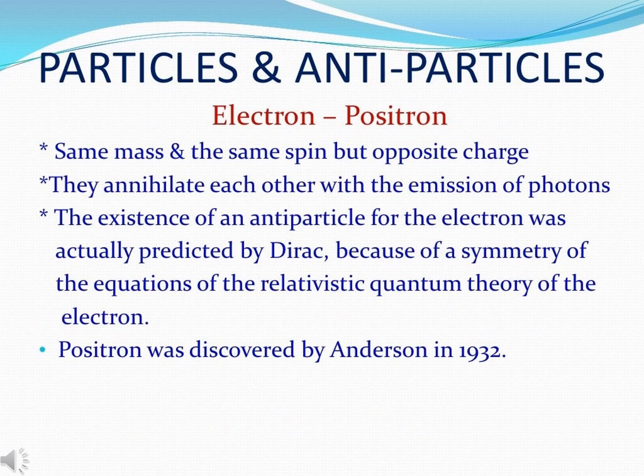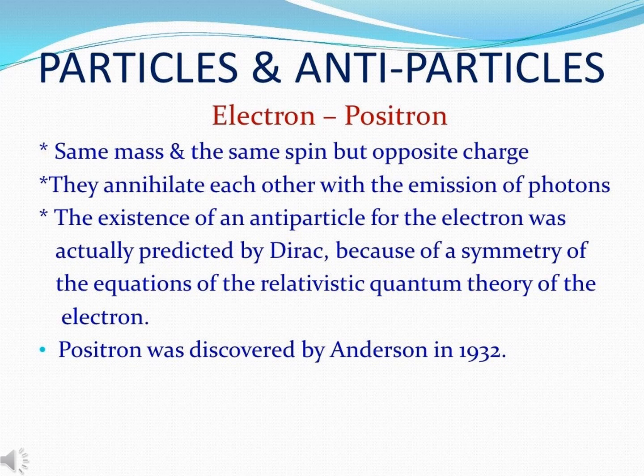This slide shows particles and antiparticles. The particle is the electron and the antiparticle is the positron. It has the same mass and the same spin but opposite charge. They annihilate each other with the emission of photons. The existence of an antiparticle for the electron was actually